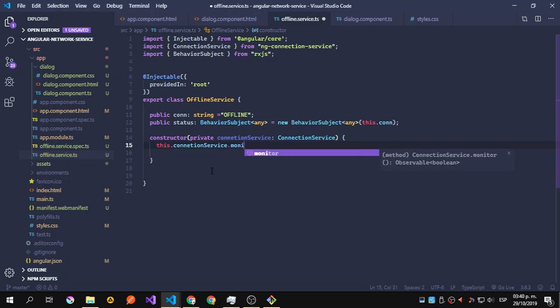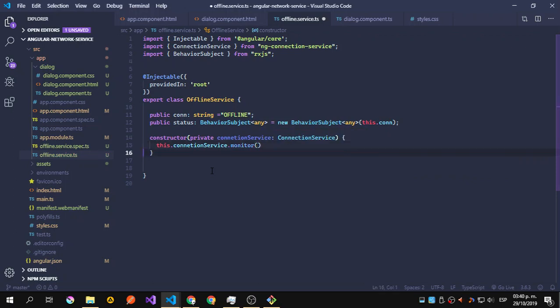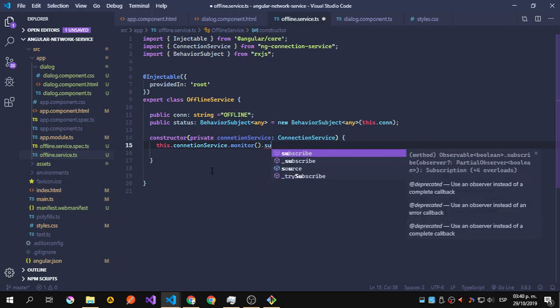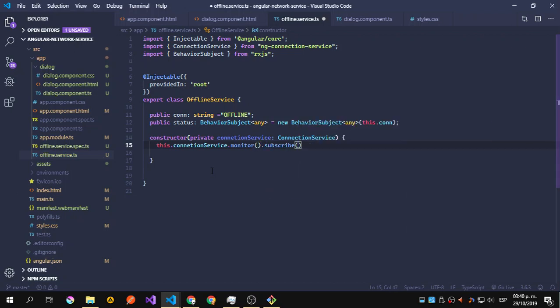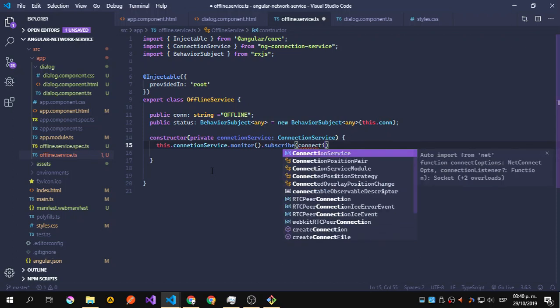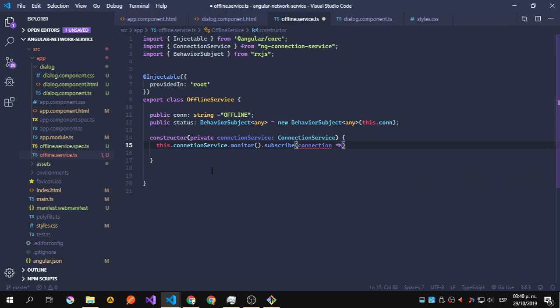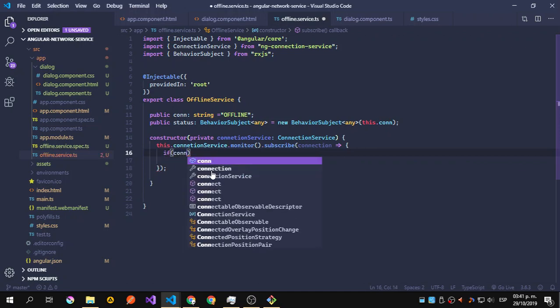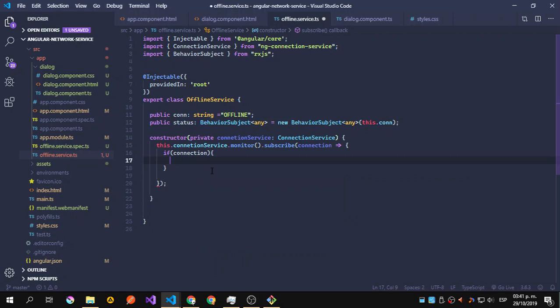So we're going to use the monitor method that has this connection service. Remember that we installed the package. After this, we're going to subscribe to this because this is an observable, and we're going to get the connection. Let's call it connection like that, and we're going to make a simple check here. If the connection is